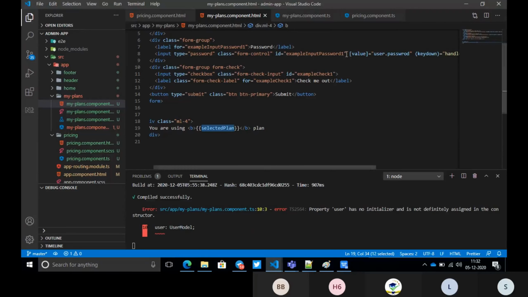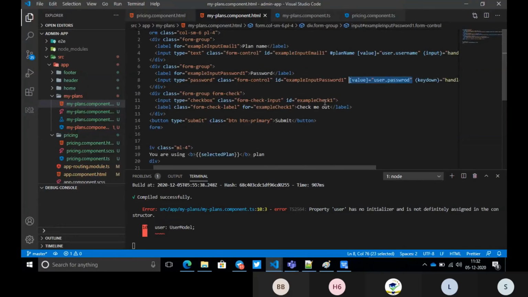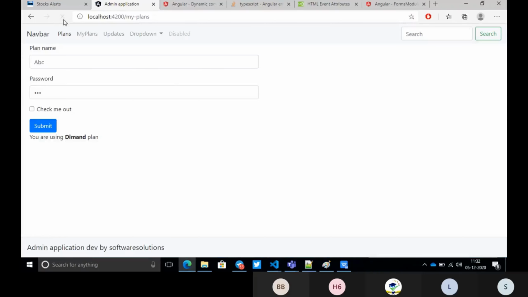For that binding, we just add brackets and on the right side we give some variable name. What it means is, whatever value is there in this field will automatically be displayed here. The value is automatically assigned here. That's why even when we reload, we see ABC, because this value is coming from the TS file. It is editable, and we can even change it to something like XYZ, and all this information will be stored into that user information variable, right?